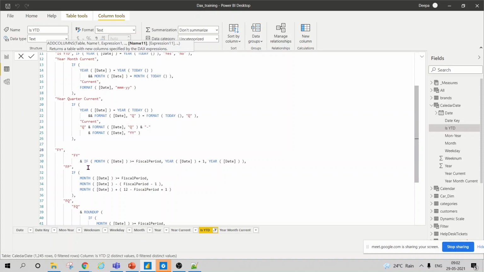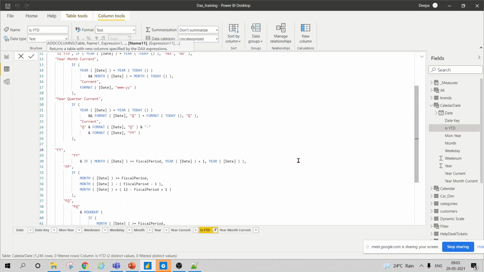It just checks whether the month is greater than or equal to the fiscal period, and the year I'm writing, suppose I'm writing 1st January 2021, then it should give me fiscal year 2020.